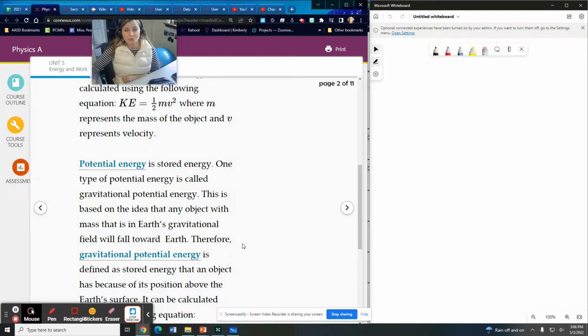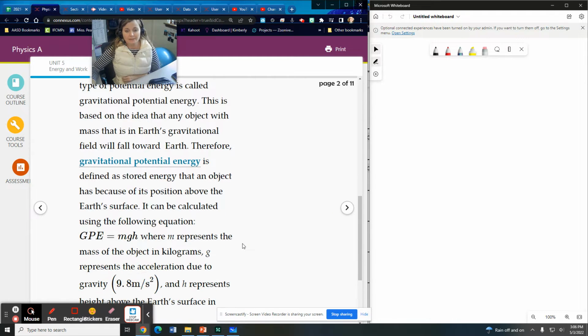Potential energy is stored energy, and it's directly dependent upon the height of the object above the surface of the Earth. Gravitational potential energy, abbreviated GPE, we're distinguishing it from other types of potential energy because there's not just gravitational potential energy. There are different kinds, and I don't have a rubber band in here, but say you had an elastic